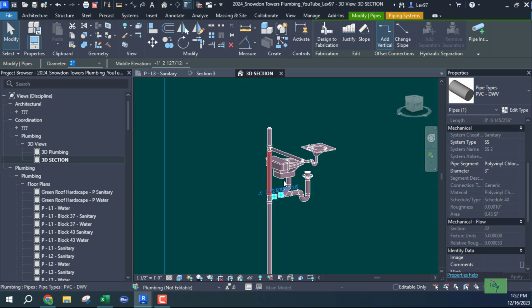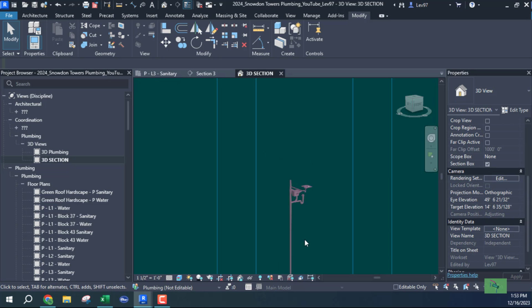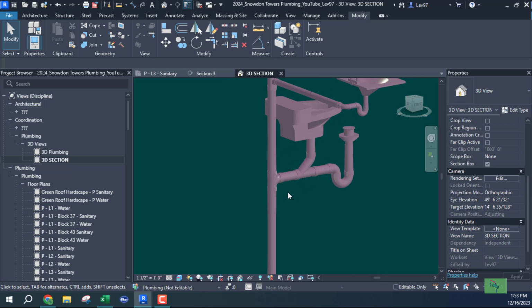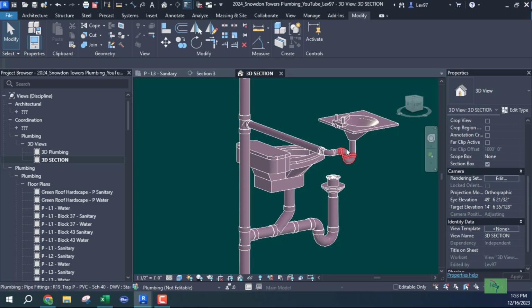You know, there's only 3, right? Or Revit can keep up with it. But what's gonna happen is there's gonna be a fitting that's not gonna transfer those fixture units through the system. And you're not gonna know where it is. You're gonna have to go in and break all of these pipes, these fittings, just to keep up with the fixture units for your system. I don't think it's a good idea. It looks good on paper, but